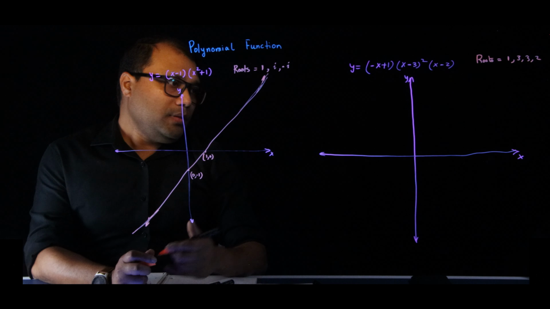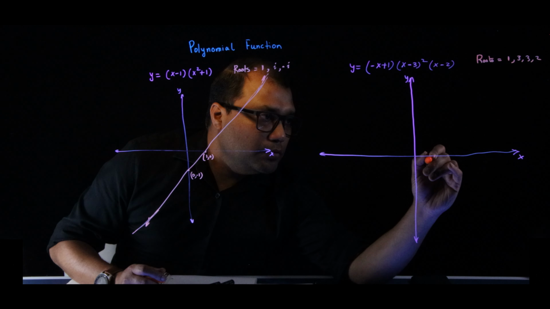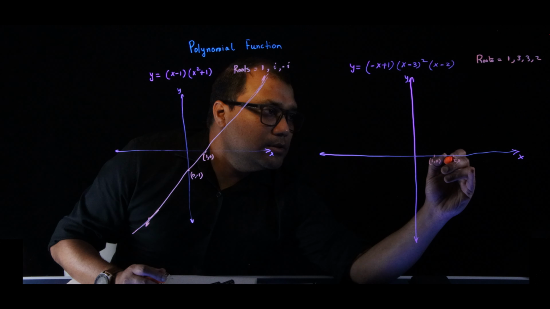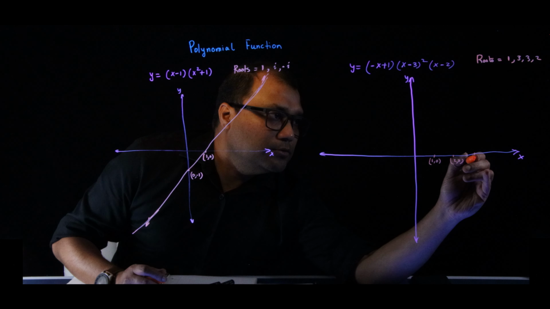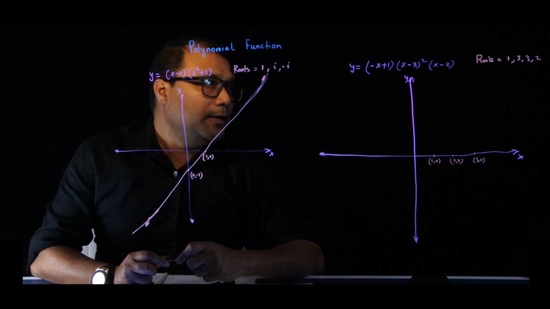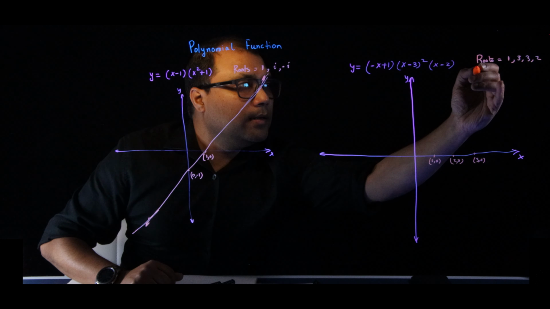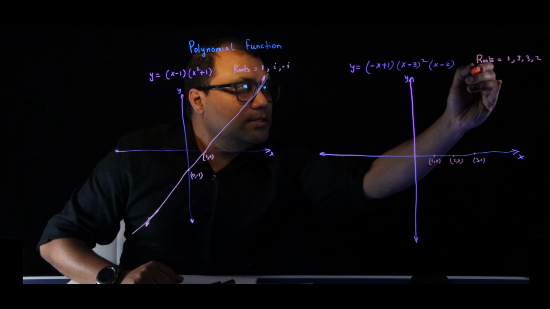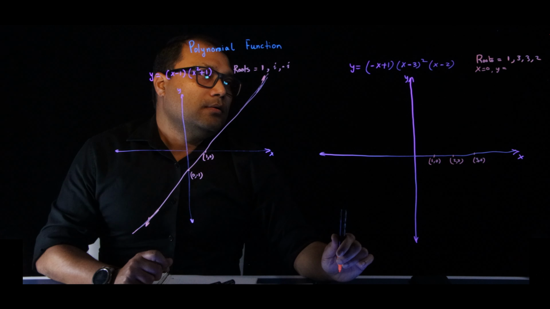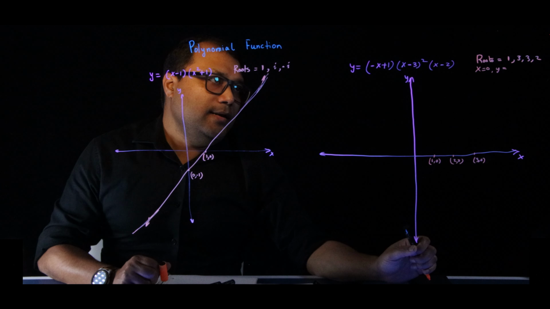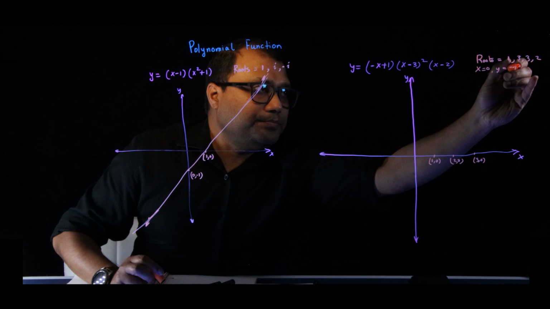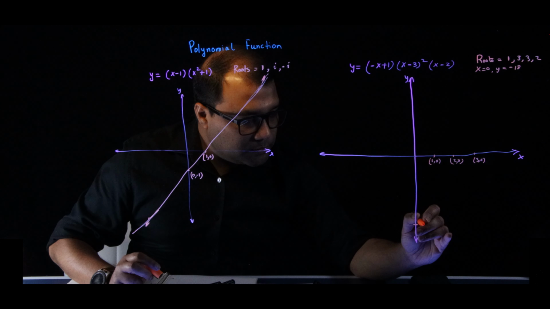So the graph will pass through 1 comma 0, 2 comma 0, will also pass through 3 comma 0, or touch 3 comma 0. Now when x is 0, what's the value of y? So minus 3 squared is 9 times minus 2 is minus 18. So it will pass through